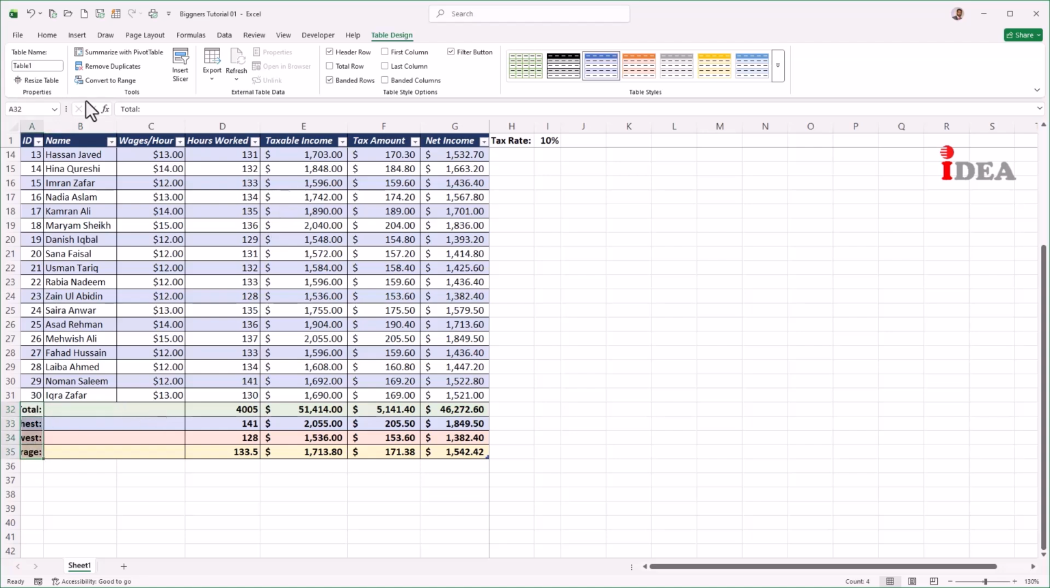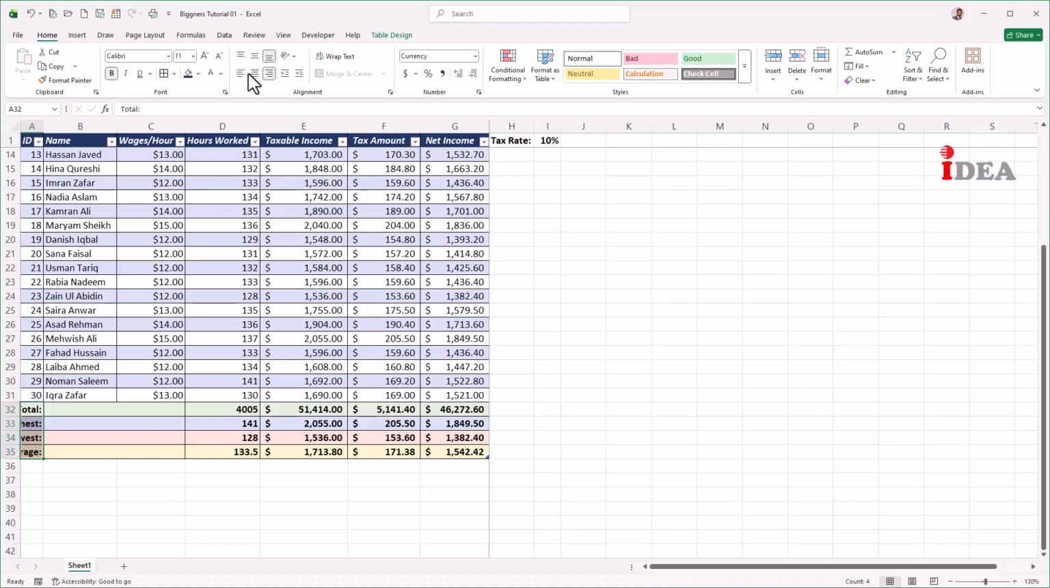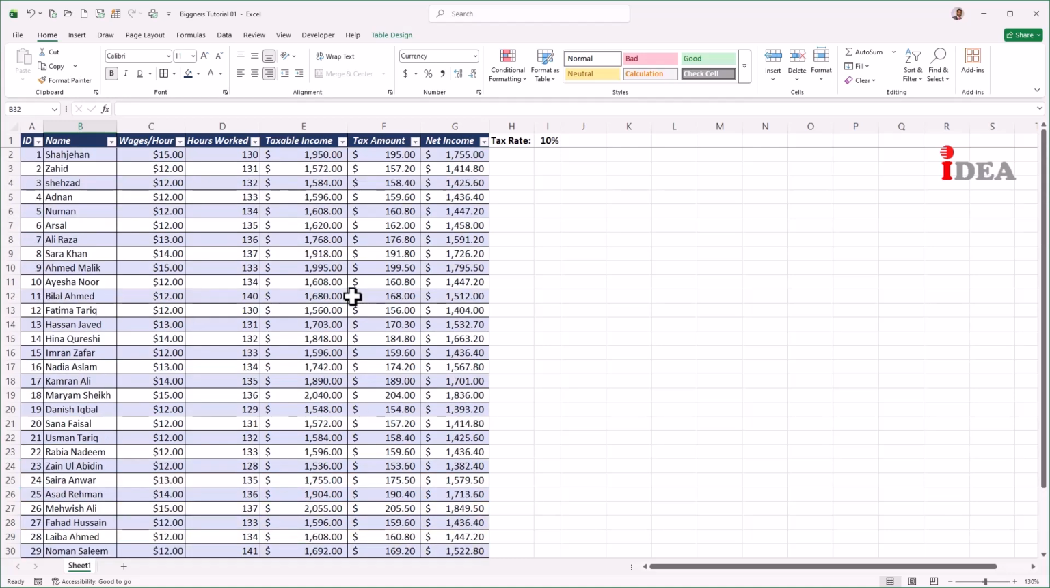Now, let's fix the appearance. Select the heading cells, go back to the Home tab, and choose Align Left in the Alignment group. This makes sure each heading is fully visible. Now look closely, each column header has a small drop-down arrow. This opens a powerful tool for filtering your data. For example,